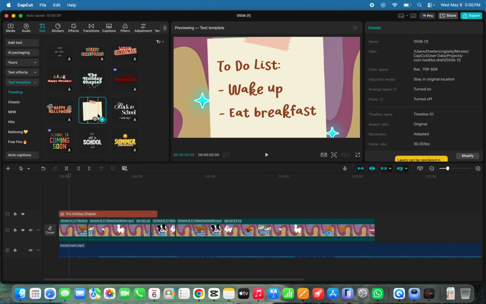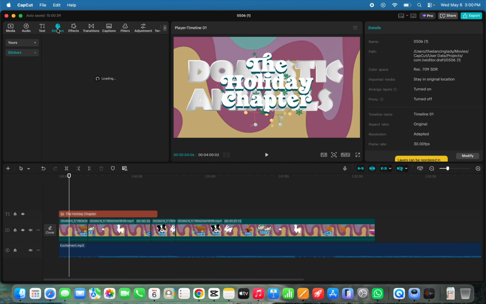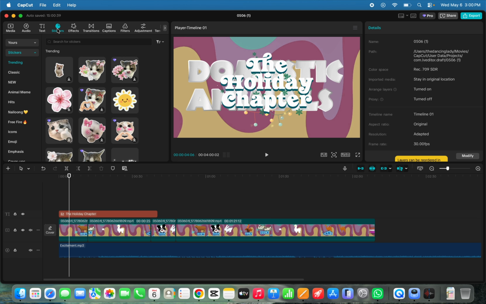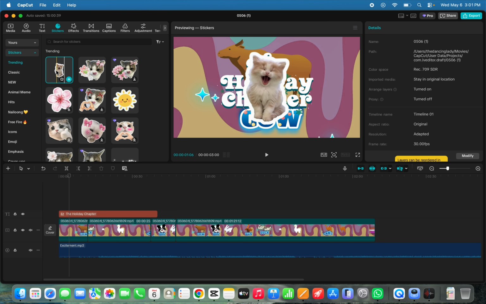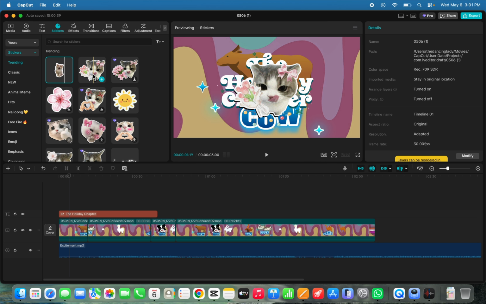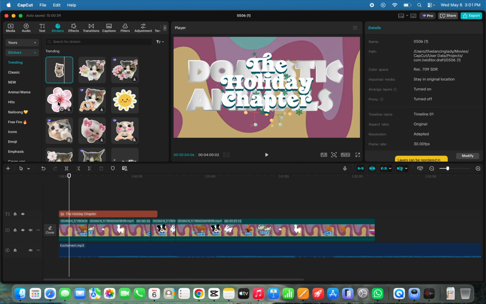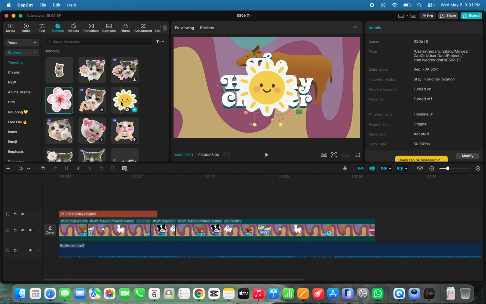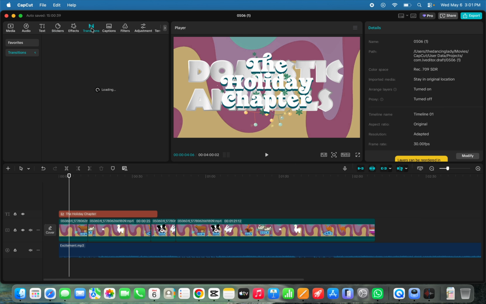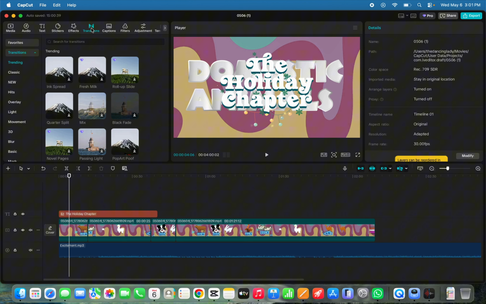Yeah, so those are the text templates. Now coming to stickers, same as text, there are so many cute stickers that you can use, and those are all free. You can do a lot of different things with these and create cute videos. I'm normally not a big fan of transitions, so I normally don't use them,